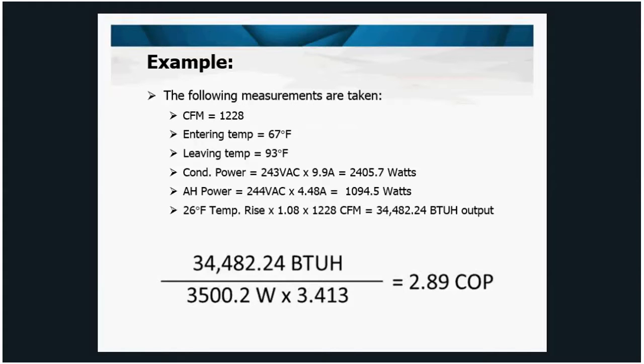So we're going to plug it into the formula, 34,482. We're going to take our total watts, the 2405 right there, plus the 1094 there. That will give us 3,500.2 times 3.413. We divide that together, and right now under these conditions the heat pump is operating at a coefficient of performance of 2.89. So for every watt of power that I put into the heat pump, it is producing